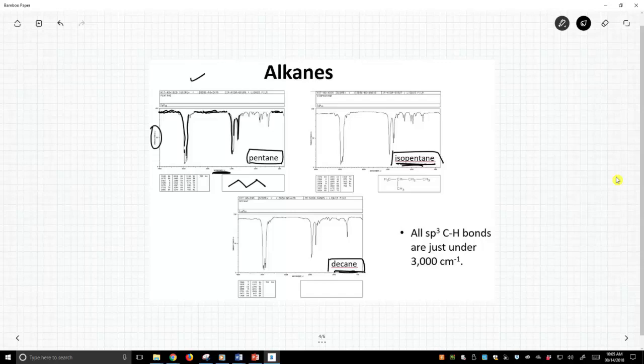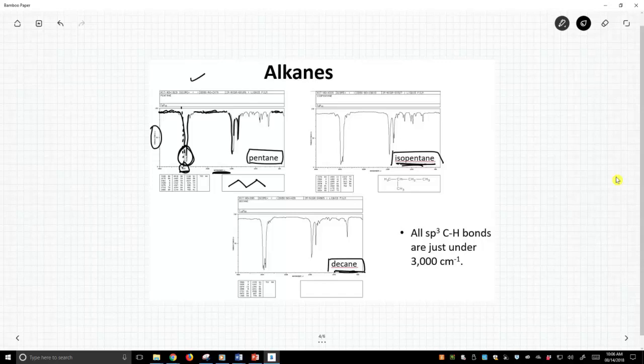Well, of course they are, because pentane and isopentane and decane all have the same functional groups. They all have simple CH bonds. And if you have the same functional groups, you're going to see the same types of absorbances in the molecule. Where is that absorbance? Well, it may be hard to see, but that number right there is 3,000 on the pentane spectrum. And if we draw a line down to pentane, all this big peak right here, which I pretty much messed up with all my writing on the spectrum,